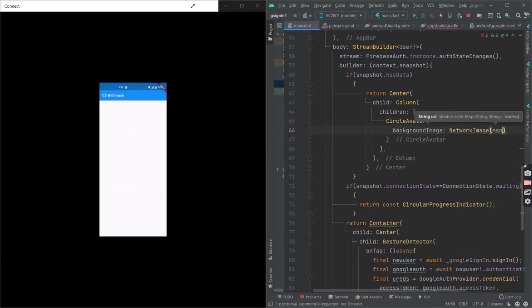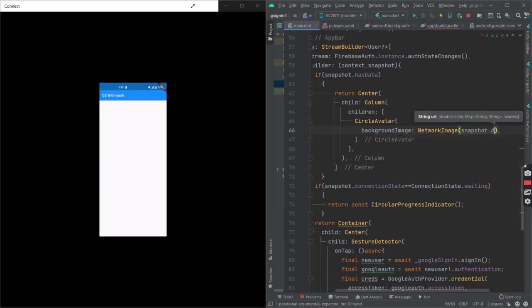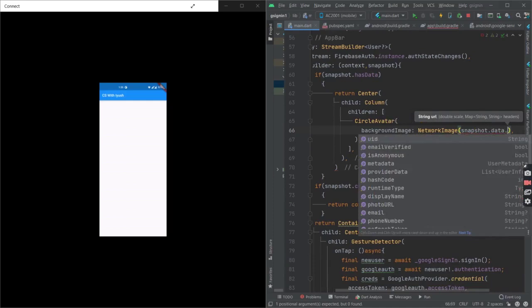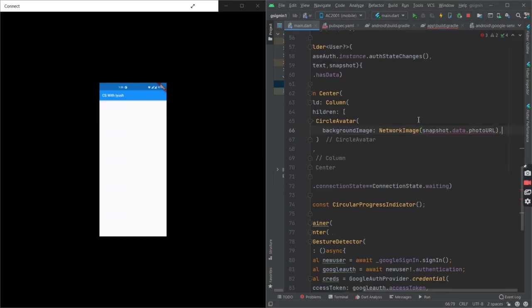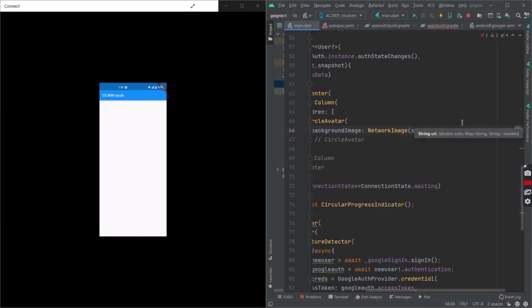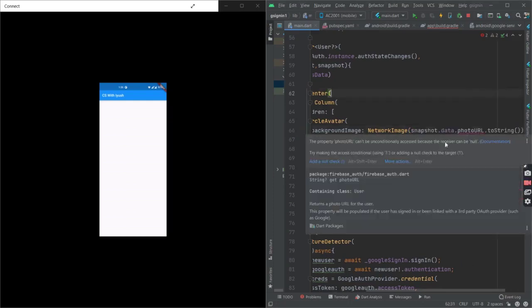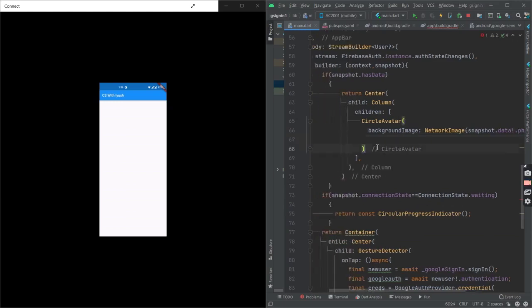And so it would be snapshot dot data dot photo URL. Yeah, this one. We have to convert it to string, and we also have to add the null check. Yeah, that would do. Now we have the photo.